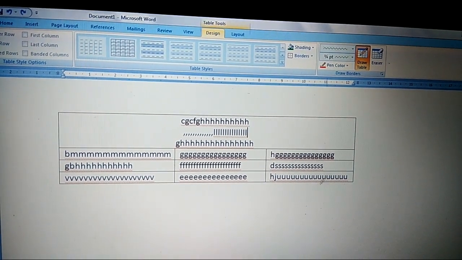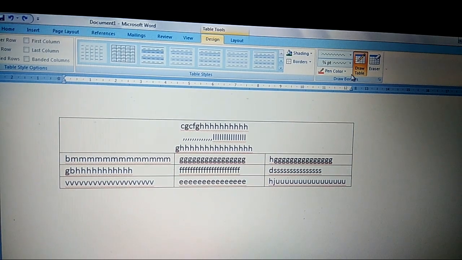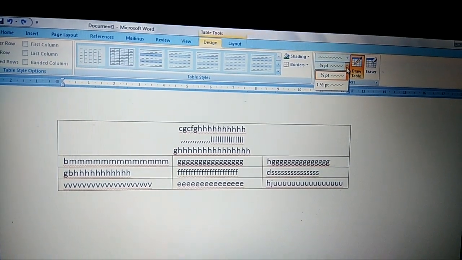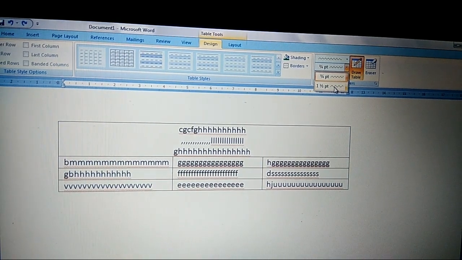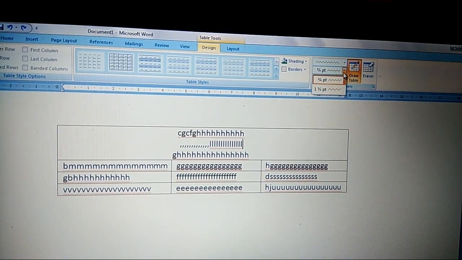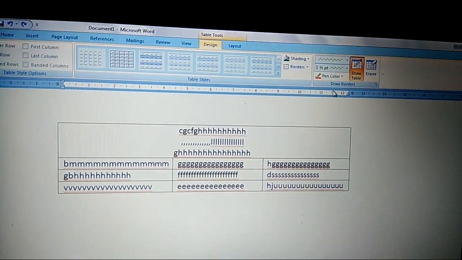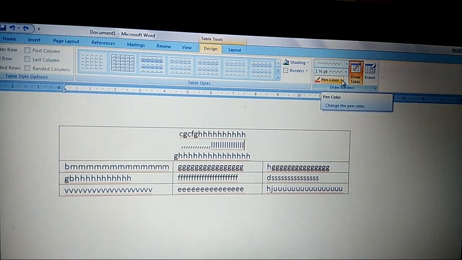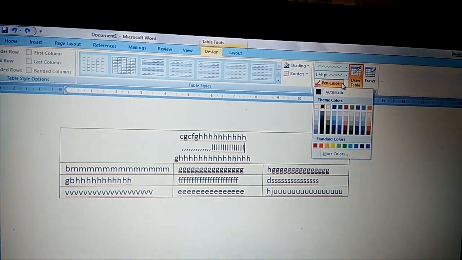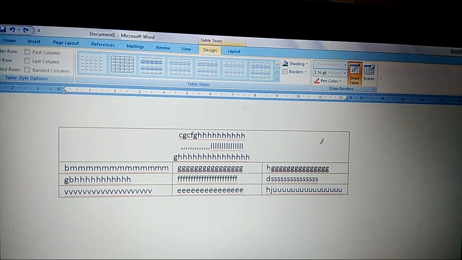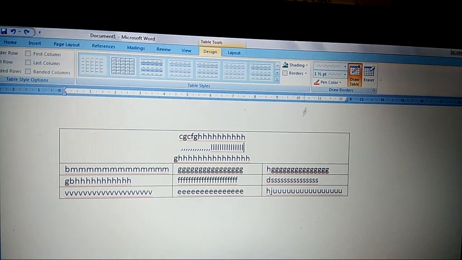Then click on the down arrow of line width, select the width of the border line, then click on the down arrow of pen color, select the color of the border line, then click on the down arrow of borders.